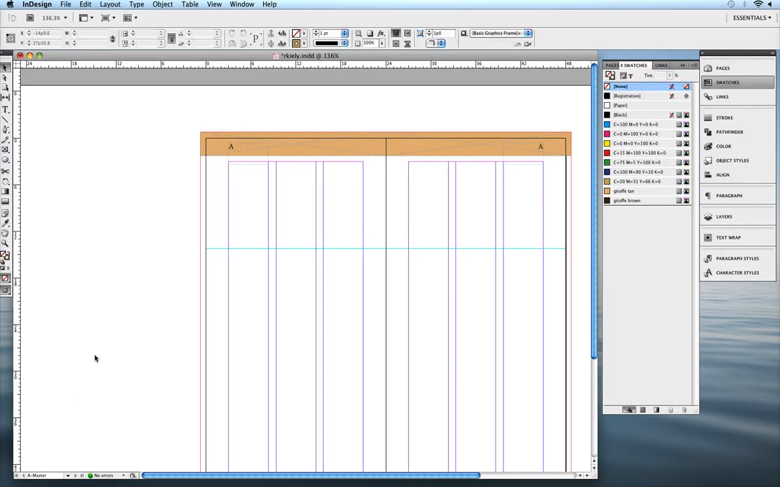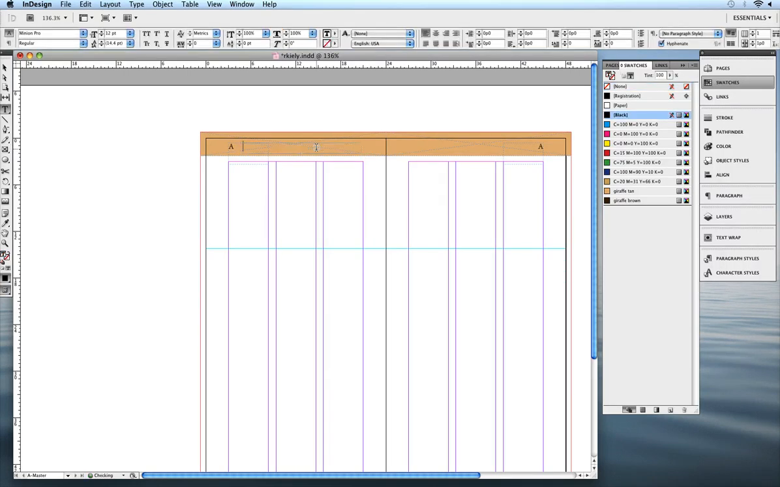Oh yes, and the last thing for the master page was you also needed to do a little header or footer, which is just some verbiage. So I'm going to put right next to my page numbers the title of my project, which is